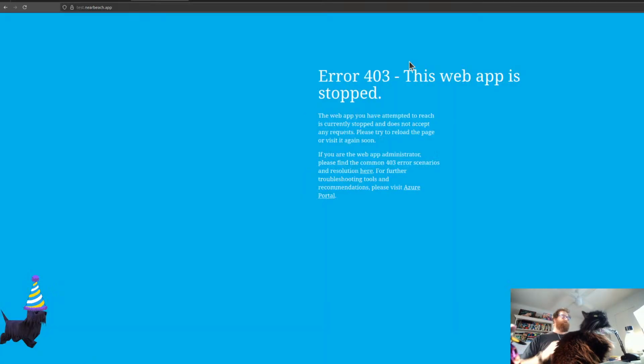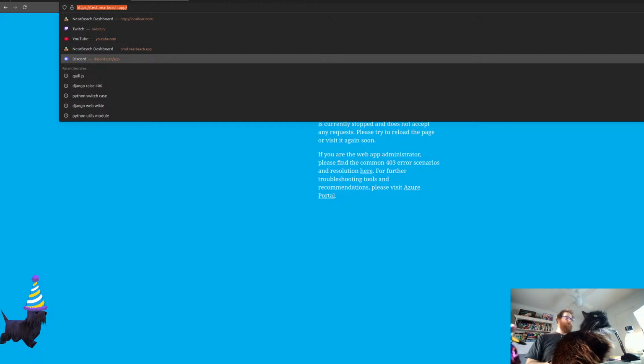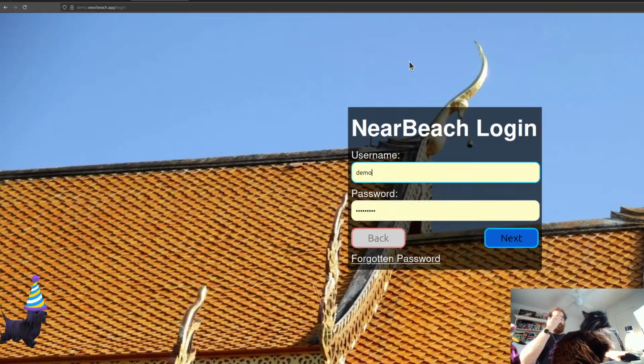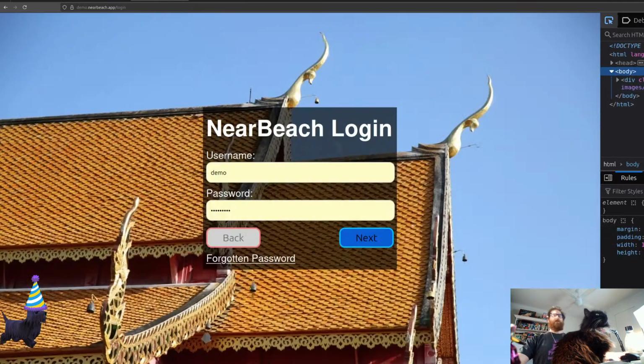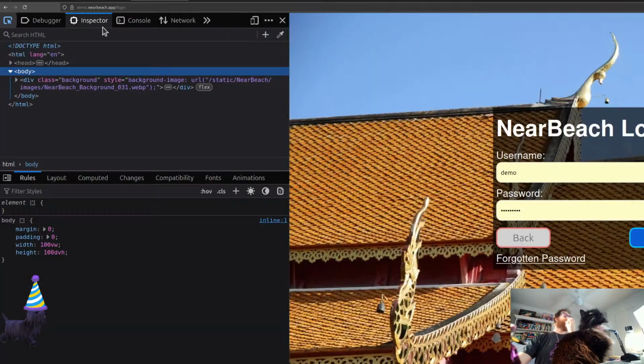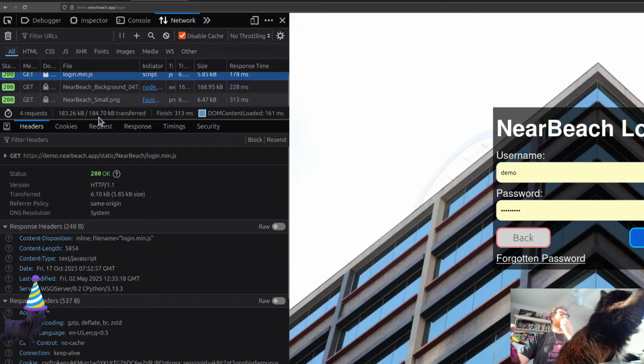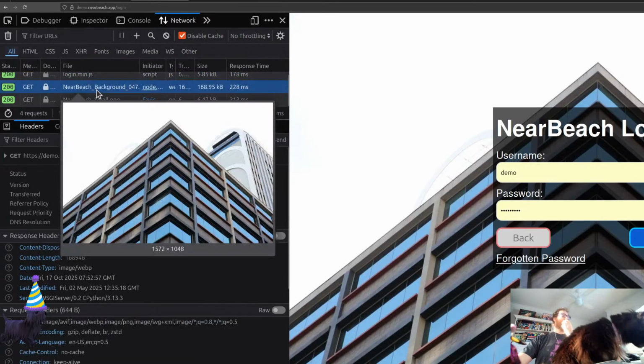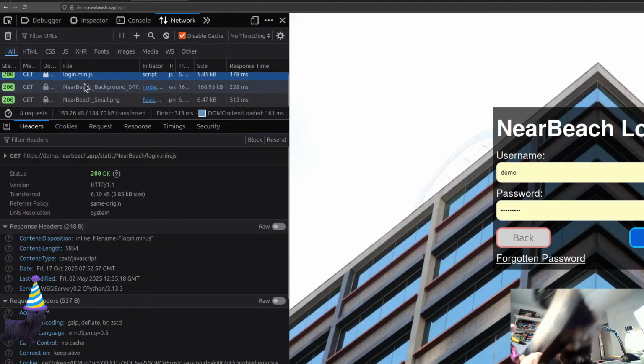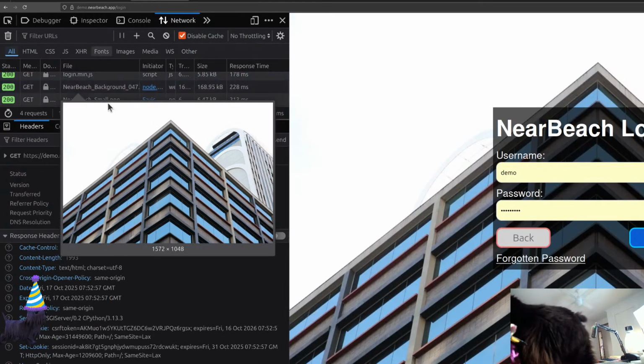I go to test.nearbeach.app. Ooh, that one's off. Demo.nearbeach.app. Have a look here. So, we've got 108 kilobytes that have been sent. Most of that is the picture, and there's no Bootstrap on this particular page whatsoever. And I was like, well, I also have